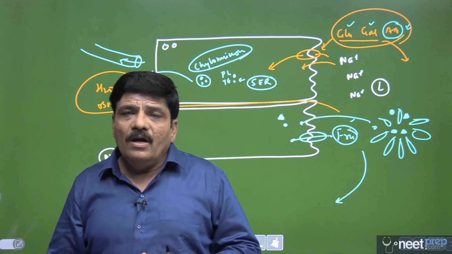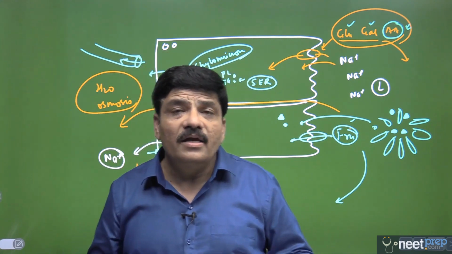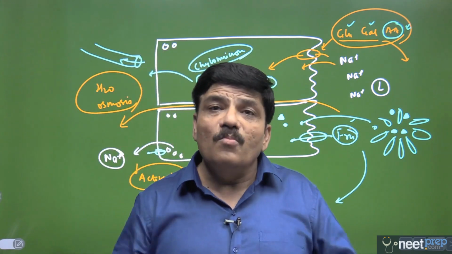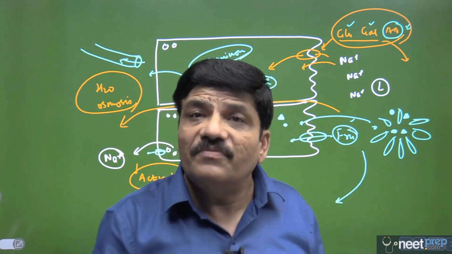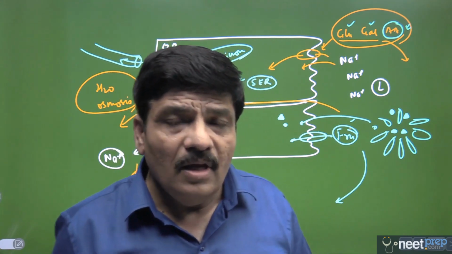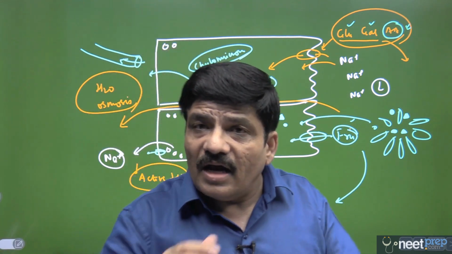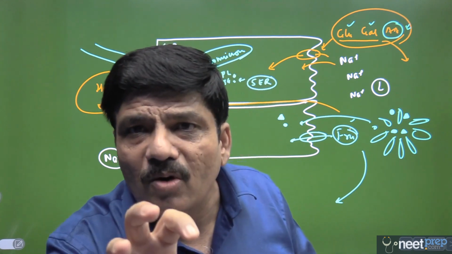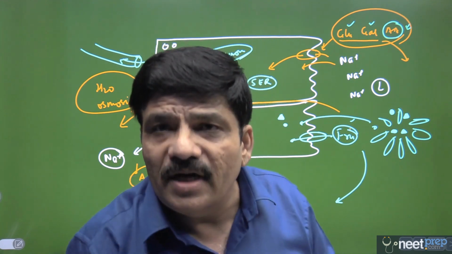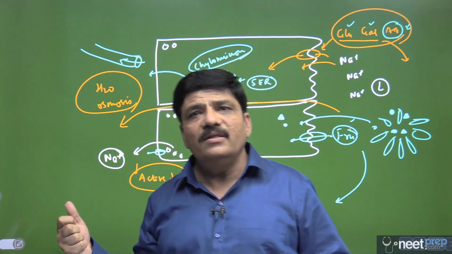Most of the water. So please remember, this is a question that I wanted to do separately. Around 7 to 9 liters of water is to be absorbed in the intestine per day. Out of 9 liters, around 7 liters is actually absorbed by the small intestine. Please listen to me carefully. The largest amount of water is absorbed by the small intestine, and after the small intestine, only a small amount of water actually enters into the large intestine. Say a typical value may be 2000 ml, and out of that 2000 ml, barring 30 to 40 ml, everything else is absorbed by the large intestine.